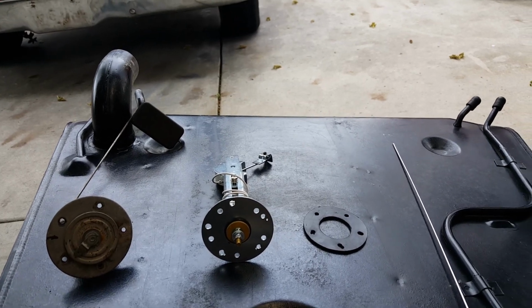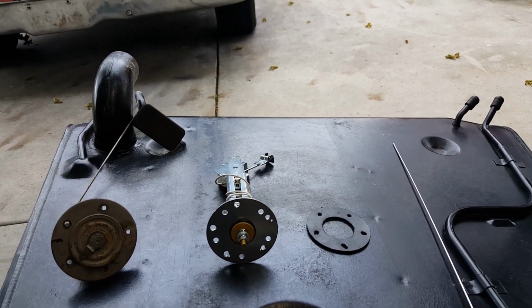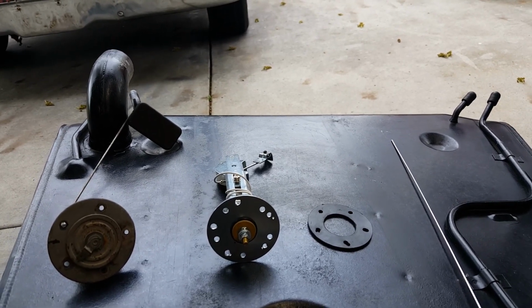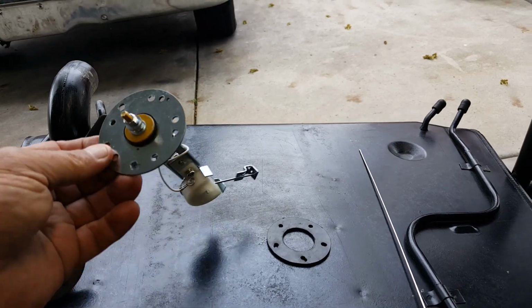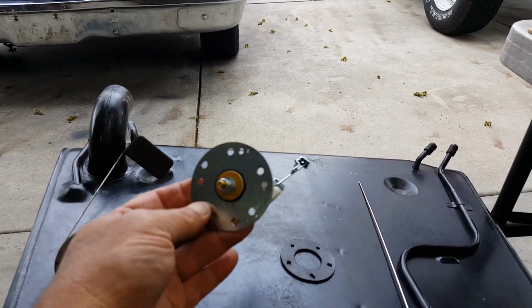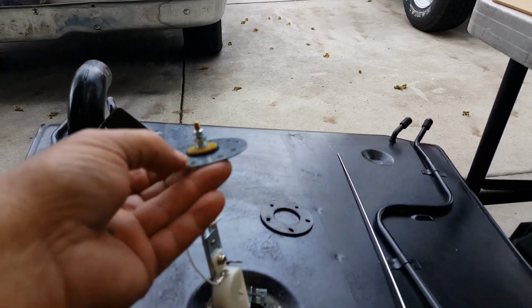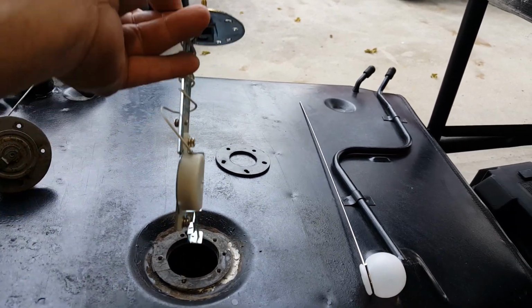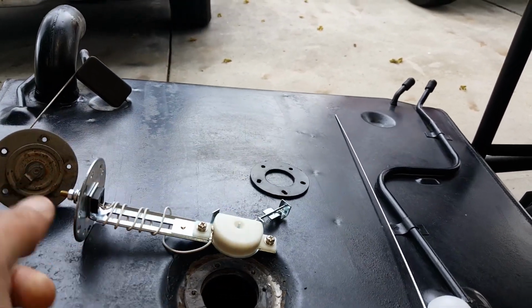And instead of trying to figure that all out, since I'm doing a resto mod kind of conversion Land Cruiser anyway, I'm just going to go ahead and put this GM aftermarket one in. This one's actually by Equus. It was $27. It'll fit in there, and like I say, I drilled the holes to match, and all I got to do is